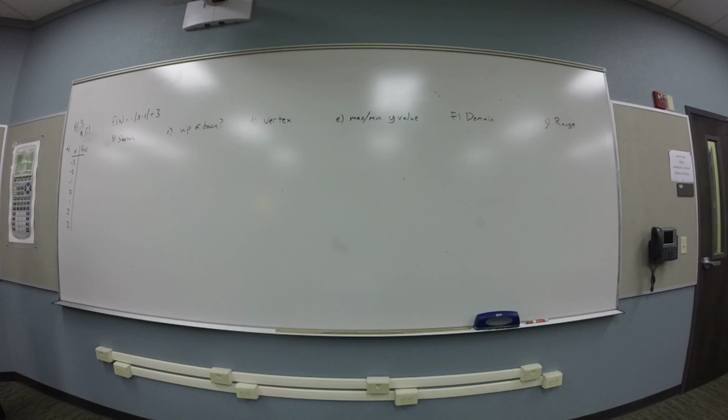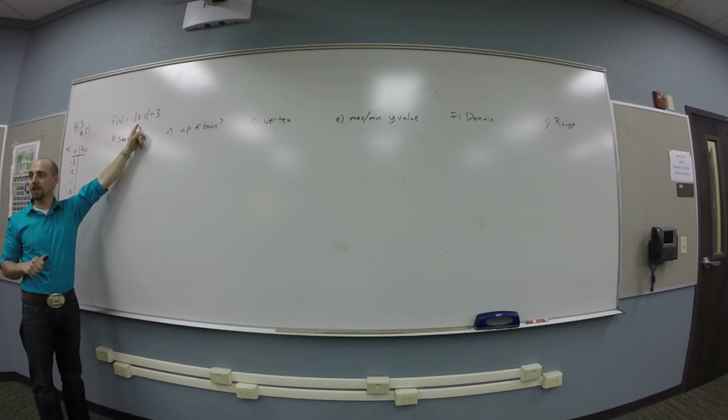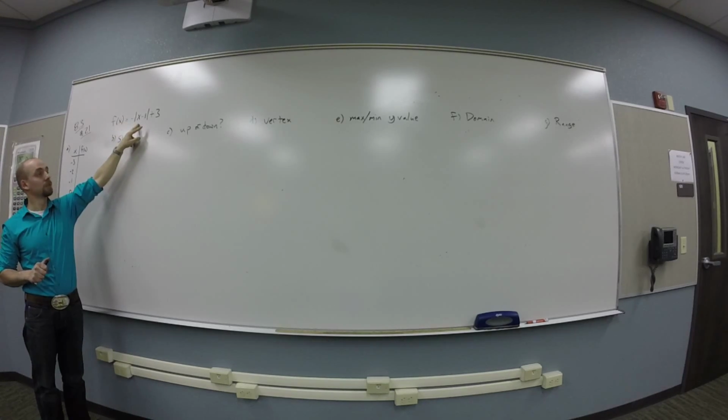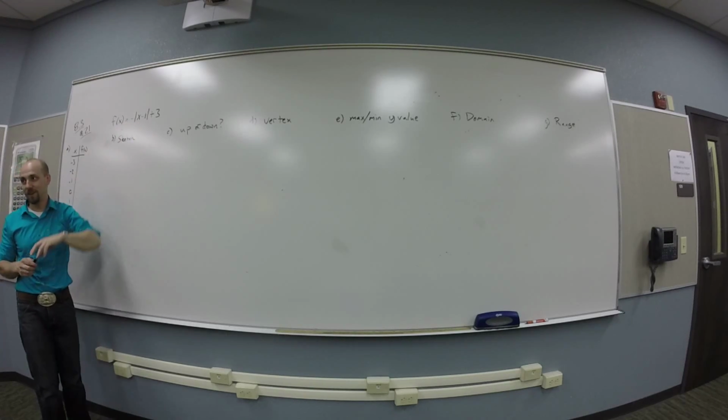So how do you do that? You plug in x inside of the function and you get strings. Okay, so they gave us a list of inputs and a rule. We're just going to find the outputs by putting the inputs into it. So when I put negative 3 into here, what do I get inside the absolute value bars? Negative 4. Then I do the absolute value, right? Positive. I get a positive 4. Then I apply a negative sign. So now I'm at negative 4. Plus 3 is